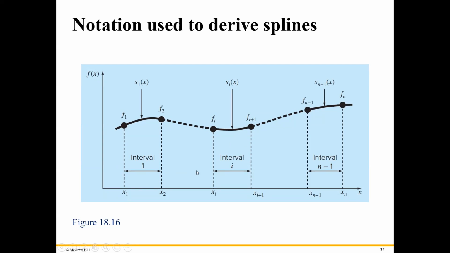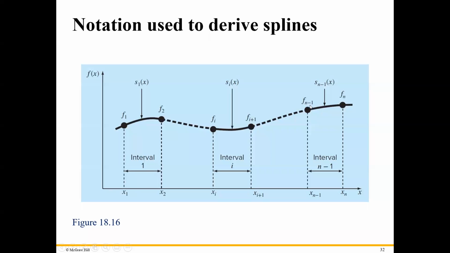So then we will have n minus 1 intervals in this case. For example, if we have 3 data points, then we will have 2 intervals. Okay, so this is interval 1, interval 2, up to interval n minus 1. And if we want to have the splines for that, then we will have n minus 1 equations for the splines